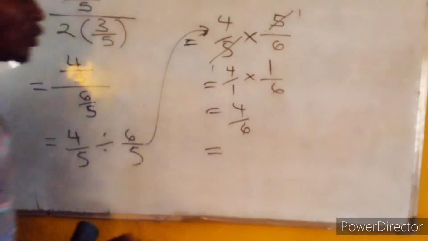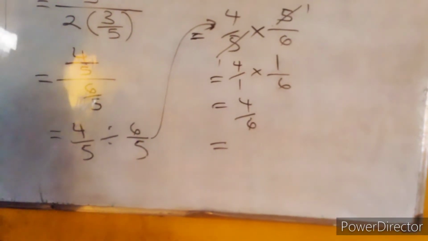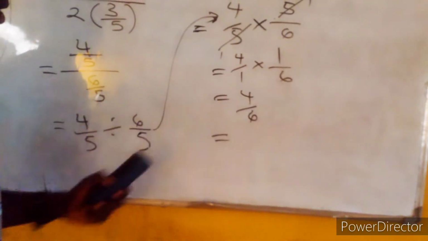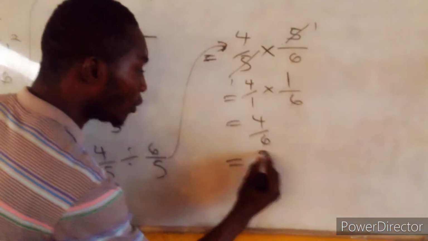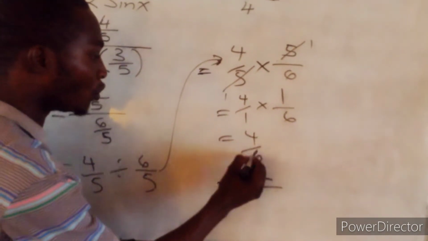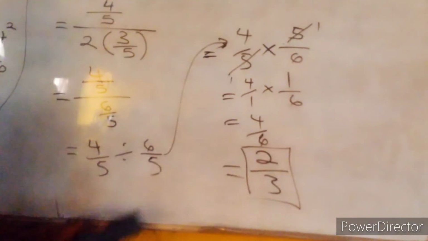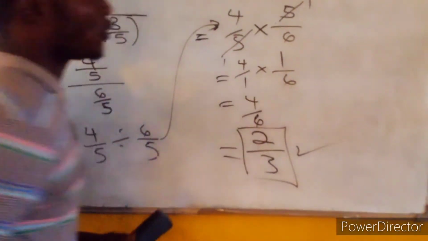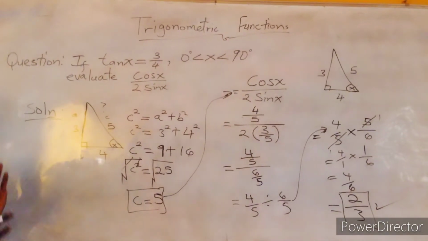Now we can simplify this. 4 over 6 is a fraction, but it can be reduced to a lower term. So there's a number that can go into 4, it also goes into 6. What is that number? That number is positive 2. So positive 2 going into 4 is just 2 times, and positive 2 going into 6 is what? 3 times. So our answer now, our solution is 2/3. This is our solution. Now we have finished with our problem solving, but to solve this problem, like I said